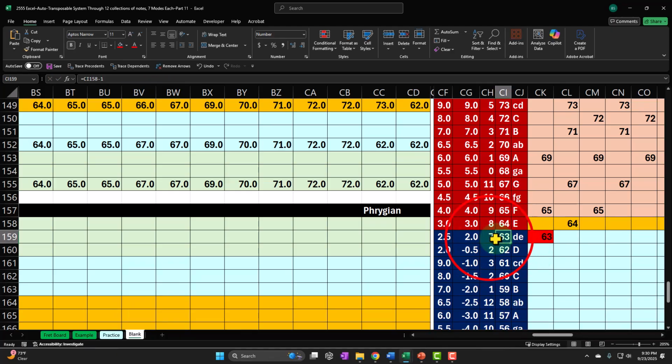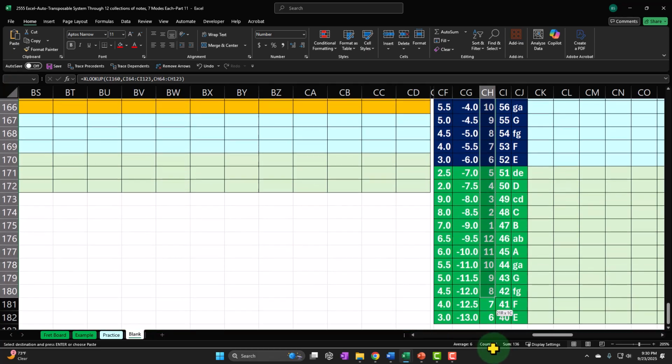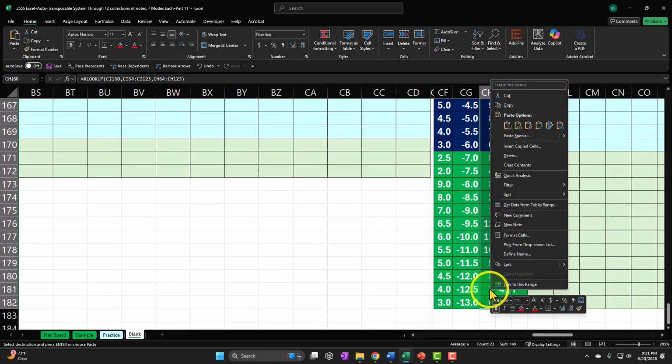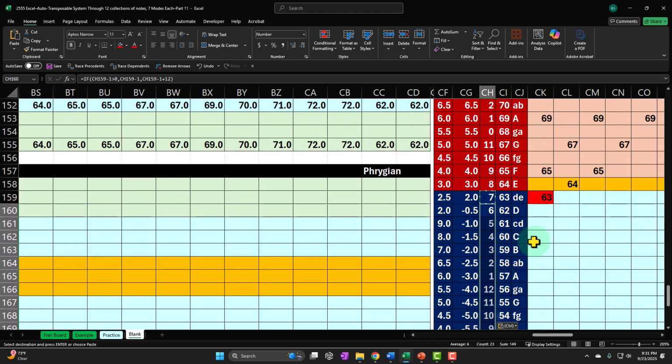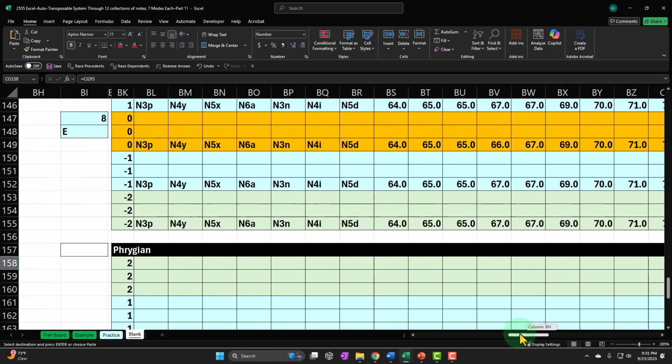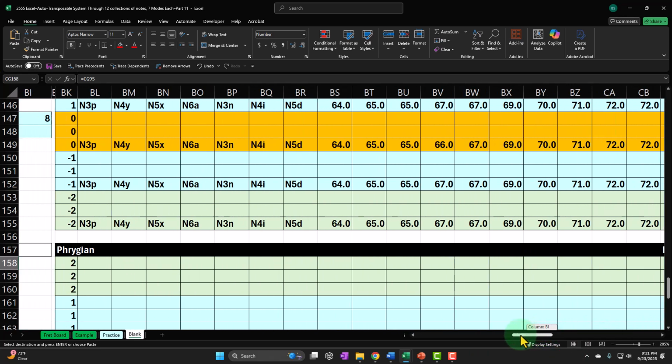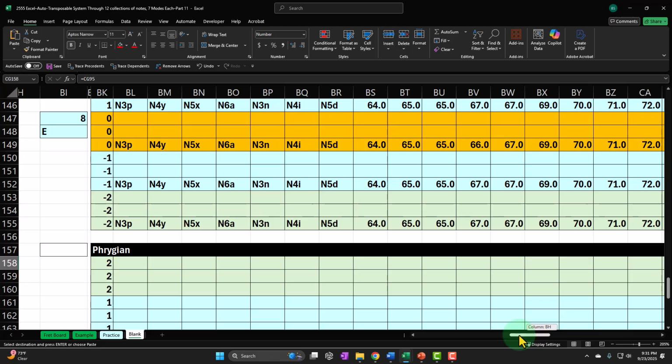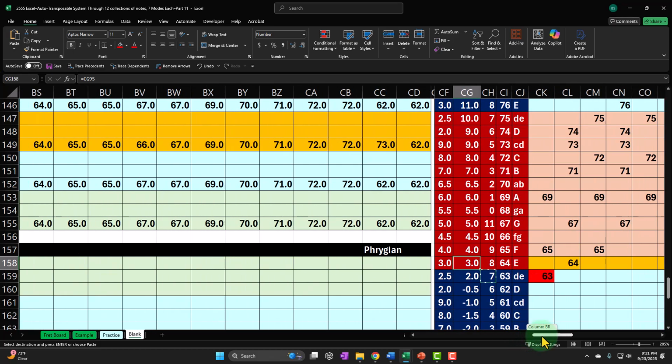Okay, there we go. So I'm going to copy that, paste that down, paste formulas only. Okay, I think that's right. All right. And then this one needs to be the relative position. So this is an E, which is 8 is an E, and an E is relative position